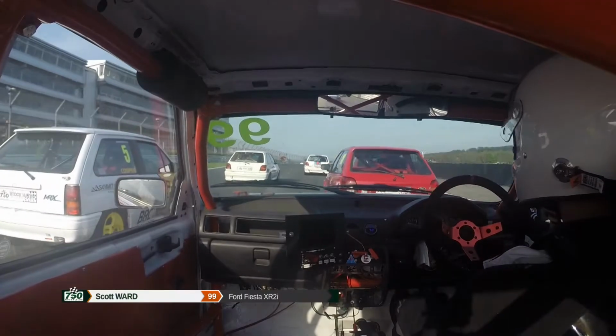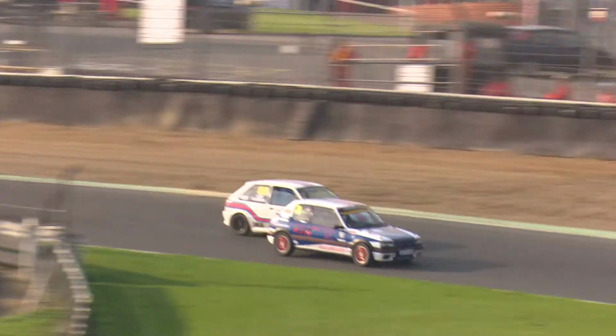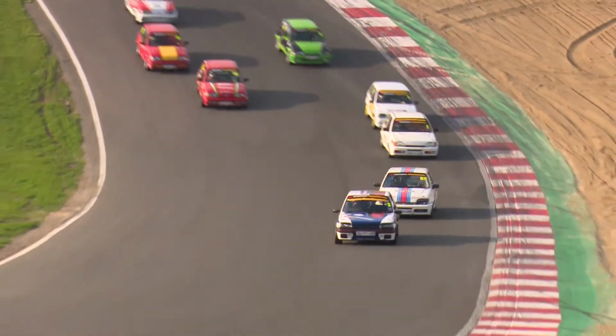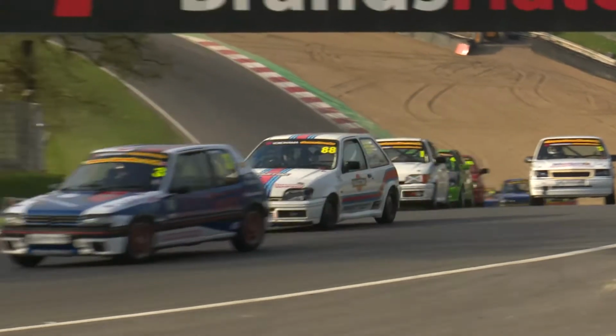Looks like Kaiser's got his nose in front. On board further back with Scott Ward in the 99 car. We're looking towards the inside there of Andy Philpott, but it will be Rosier that leads. Rosier gets the lead through Paddock Hill Bend, or holds on to the lead, I should say, from Martin Kaiser in second. Third place is Lee Scott, and fourth possibly is Ed Cooper, although he gets muscled out wide now